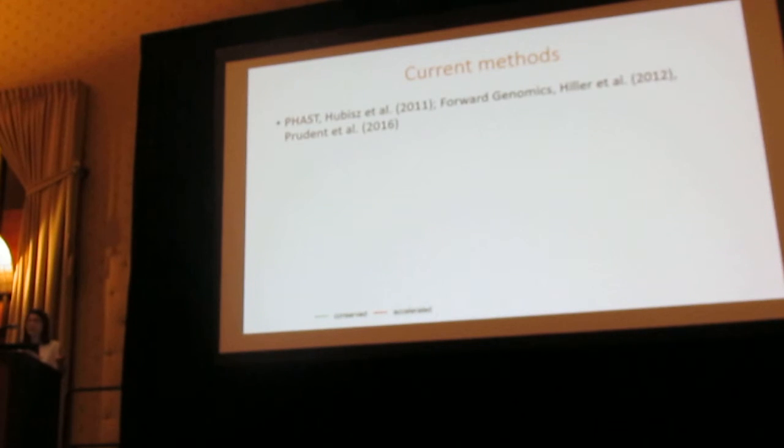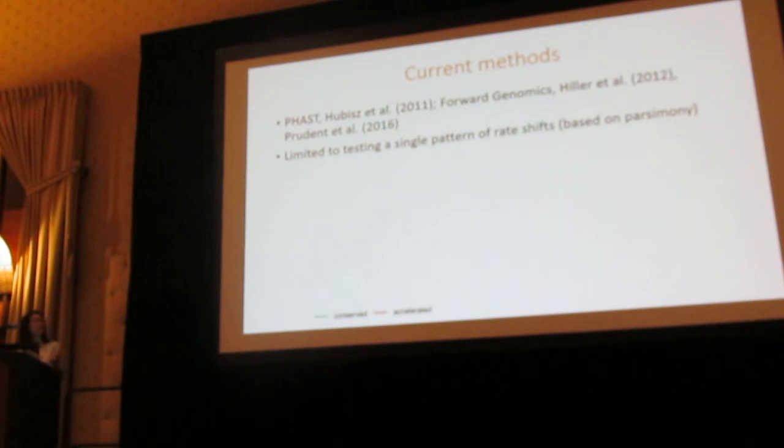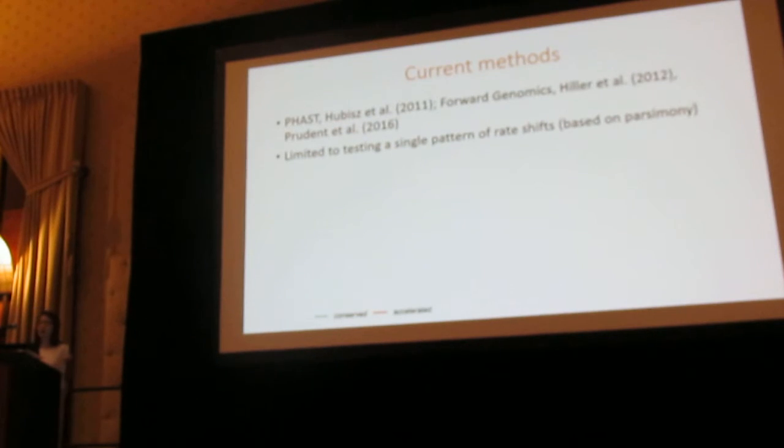Current methods to detect convergent rate shifts include phyloP in the PHAST program. PhyloP compares the likelihood under two models. In the null model, they assume only one rate across all the branches, and in the alternative model, they assume a different rate in a group of branches than the rest of the branches. However, phyloP is limited to testing only a single predefined